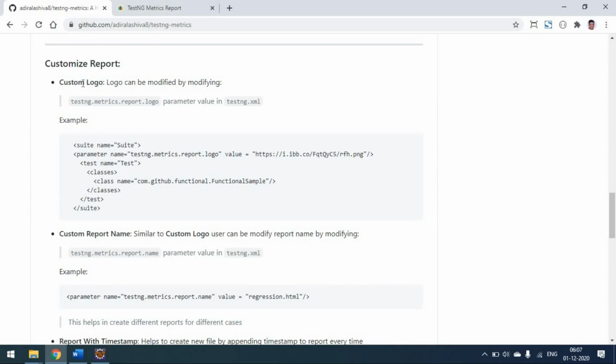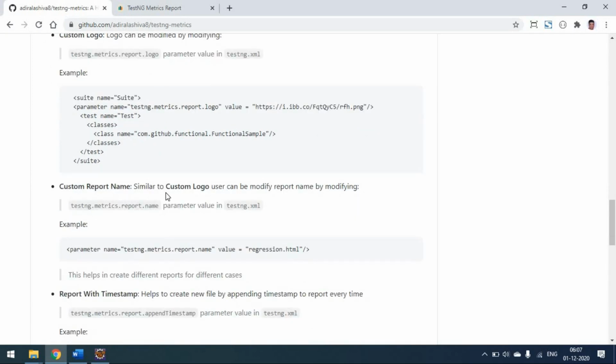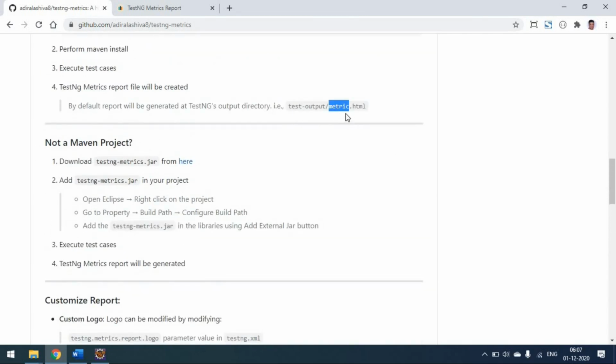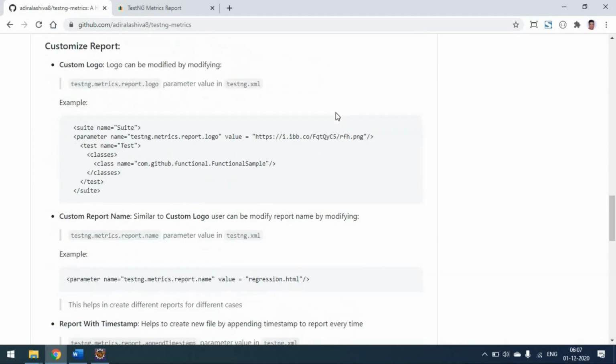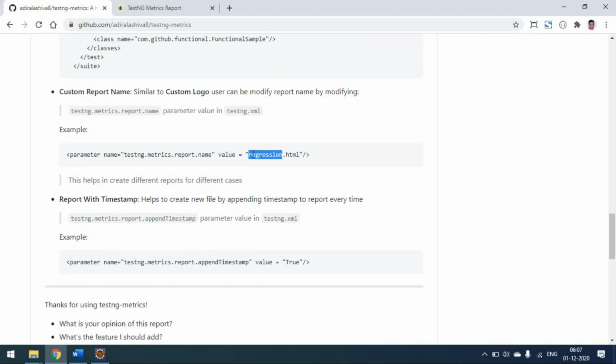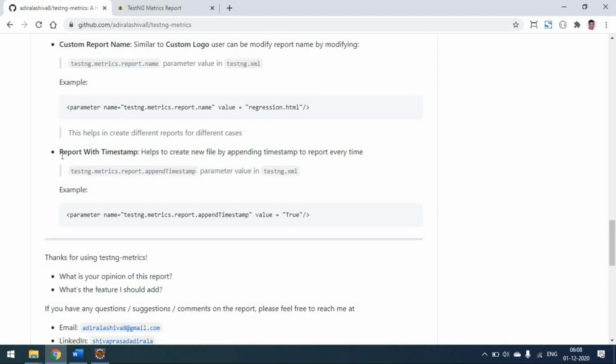That's all for the custom logo. If you want to change the report name, their default name is metrics.html. If you want to change this default name, that can also be done by using this parameter, the TestNG metrics report name. You can go for regression.html or smoke or something, and name it. One more parameter available is the timestamp. Whenever the report keeps being created and you want to differentiate the reports, if you name it smoke.html, all the time it will overwrite the same report. If you don't want to overwrite, then we can use